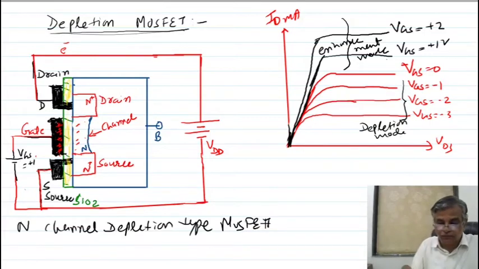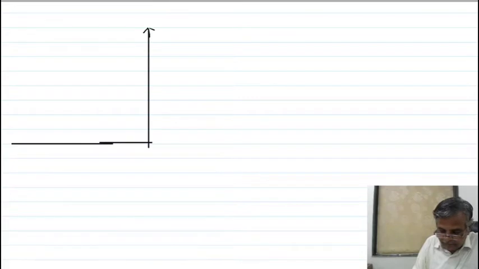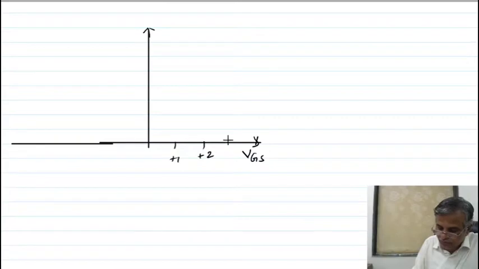If you see the transfer characteristics, your transfer characteristics look like this, with VGS plus 1, plus 2, plus 3 and so on,